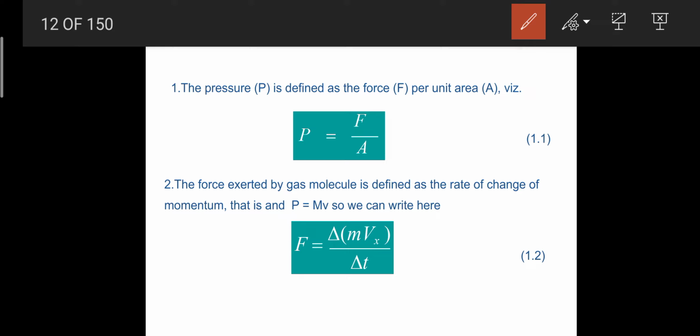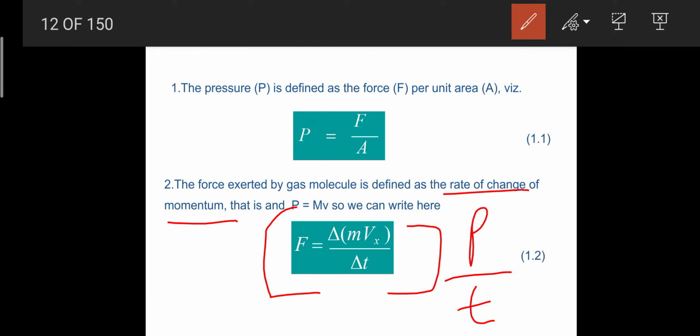So whatever definition is here in alphabets, we try to write in an equation form in this way. So force is equal to P by T. So P की वैल्यू हमें पता है, it is mv. सो mv की वैल्यू यहाँ पे लिखी है, और डेल्टा जो है, this sign is indicating there is a change,